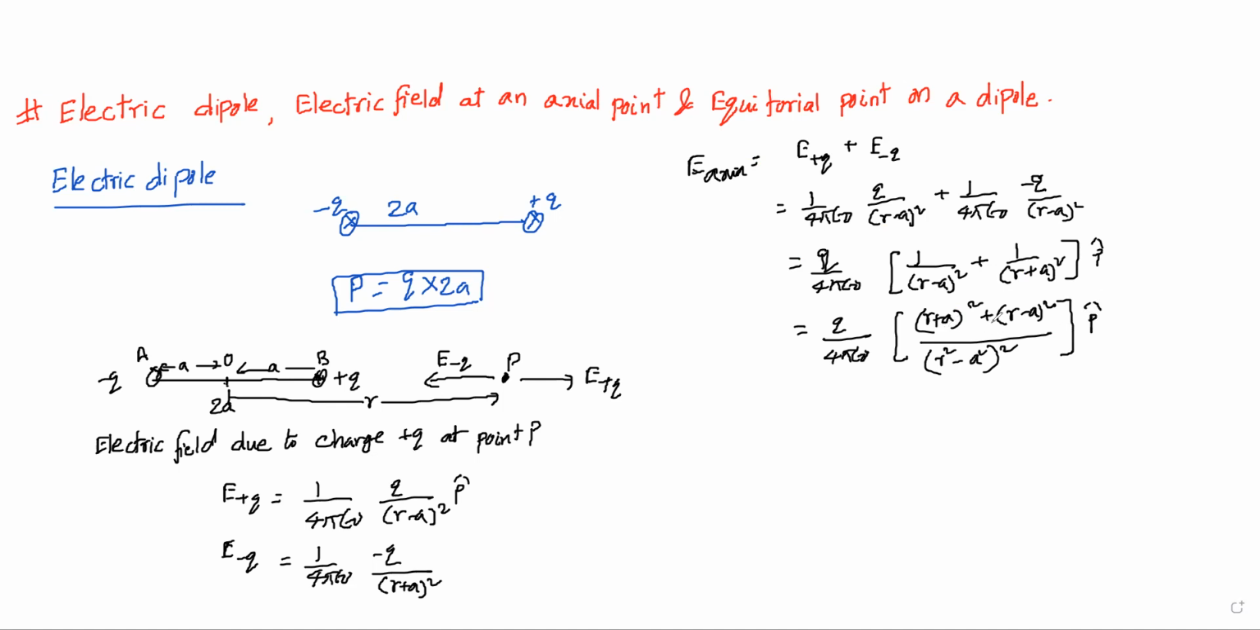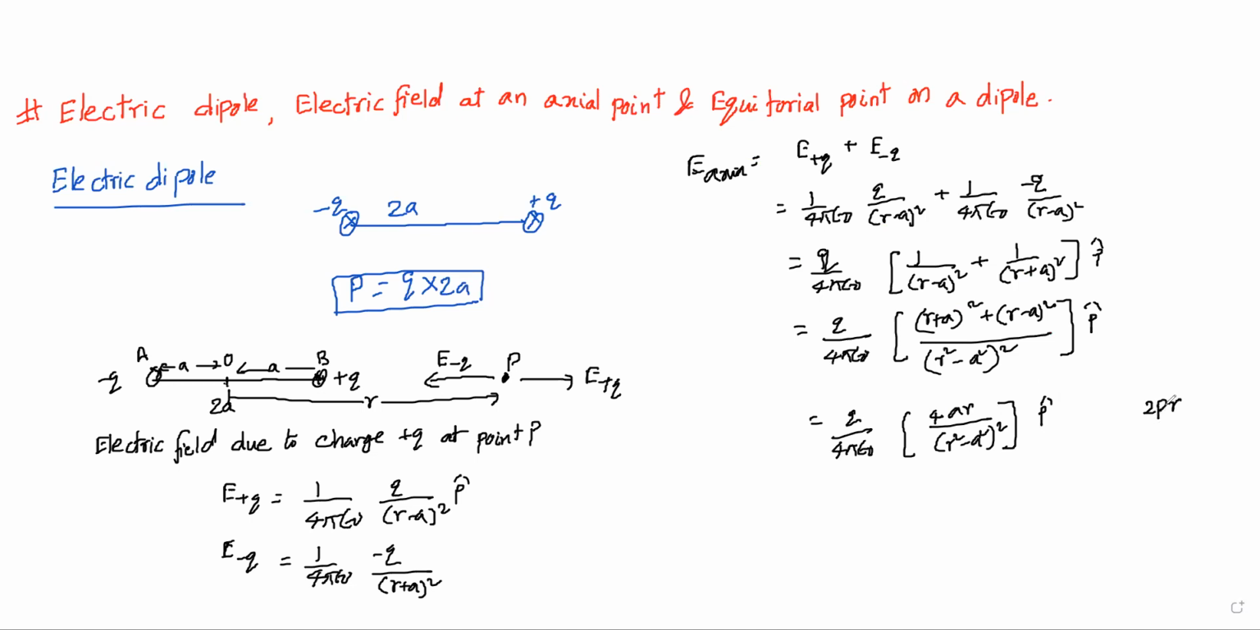Now (a plus b) whole square plus (a minus b) whole square formula, as you know, is 4ab. At the same time, comparably, q by 4 pi epsilon naught into 4ar by (r square minus a square) whole square into p cap. So here you can write 2pr